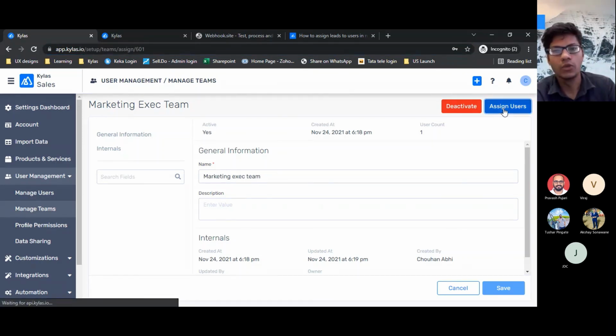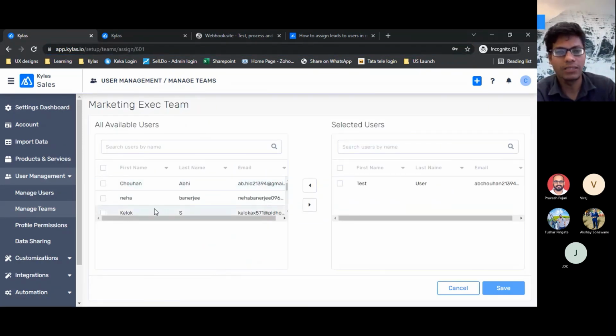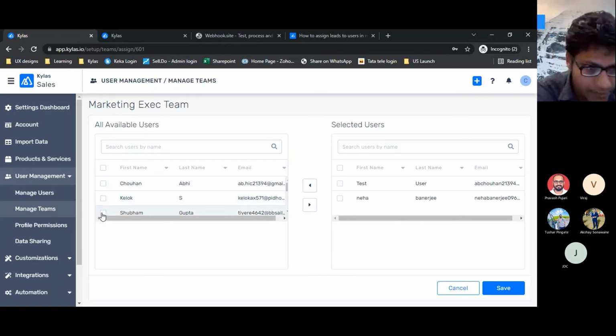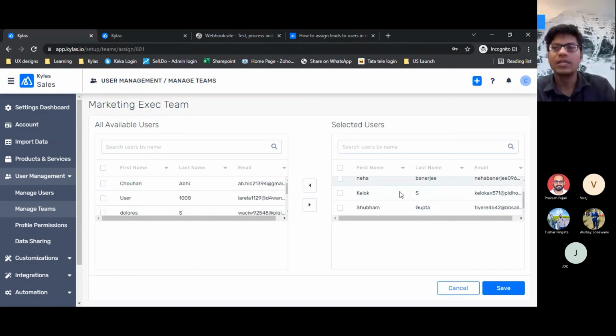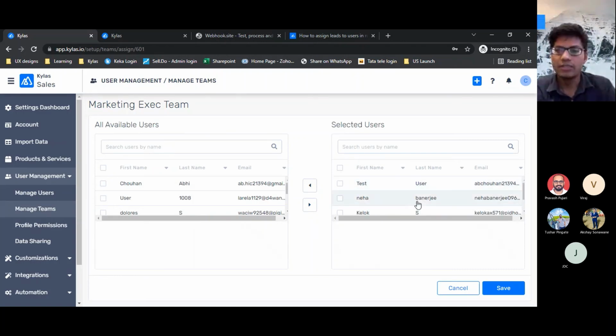So whoever sales users are available in this team, for example, this team has these many sales users, okay, these two, or maybe it can have more sales users, it will keep routing the leads to these sales users one by one.